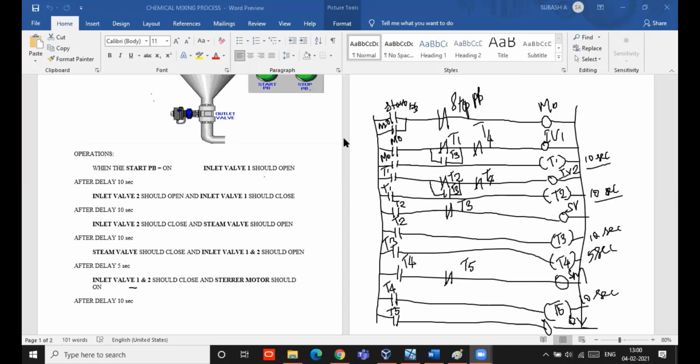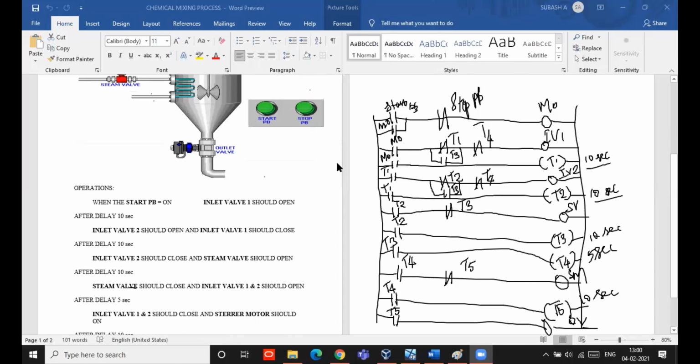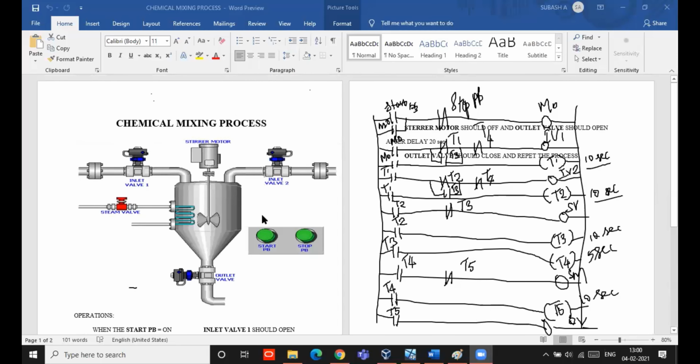We have seen one example with the analog process. Apart from that, we have seen math functions, jump, subroutine and call function, MCR, and at last a real-time industrial example for a chemical mixing process. I think this is clear to you. If you have any doubts, you can ask me now.